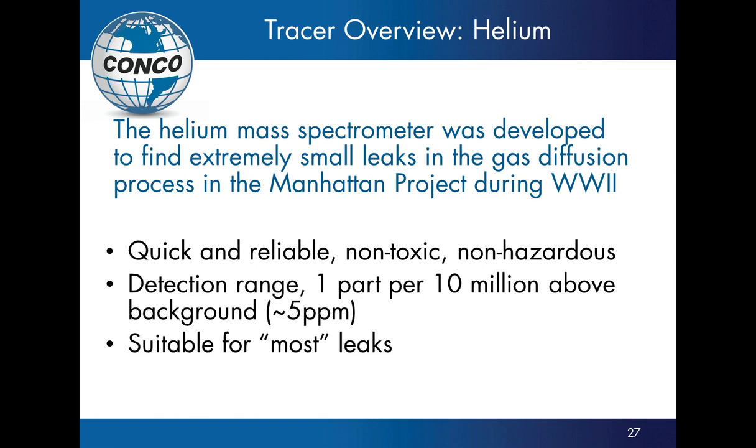Well, number 1 is helium. Now, helium mass spectrometers developed to find small leaks in the Manhattan Project. And after that, it was used to find leaks in various other applications, and one of them was in the power industry. Helium is used probably in 90 to 95% of the applications. Why? It's